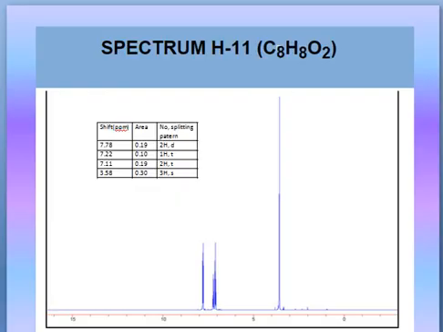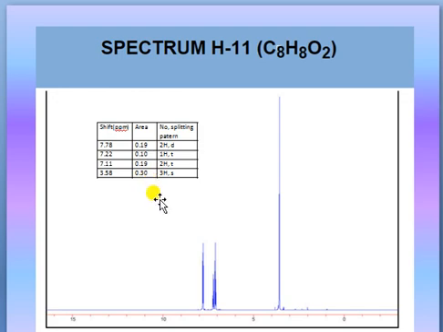Here, spectrum 1H NMR. The problem molecular formula is C8H8O2. You can see there are four types of environments, and how many protons are there we have to count first. See, there are 8 protons in the molecular formula. First see it is matching with the data provided to you. The data is 2H, 1H, 3H, that plus 2, 5H plus 3, that is 8H. 8 proton data you have been provided.